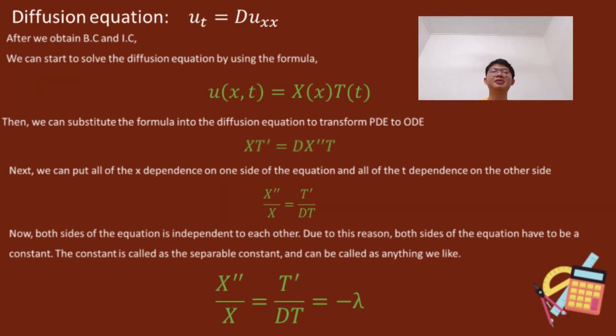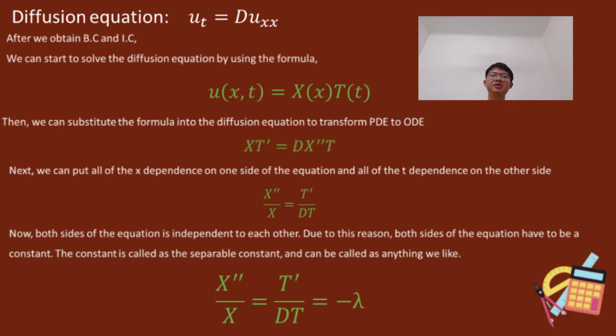After we obtain the boundary conditions and the initial condition, we can start to solve the diffusion equation by using the formula u(x,t) equals the product of two functions: the function of capital X, which depends on variable x, and the function of capital T, which depends on the variable t. Then we can substitute the formula into the diffusion equation to transform it from a PDE to an ODE, which is